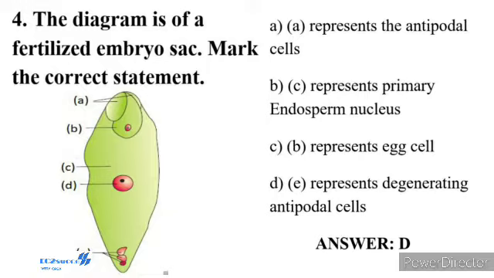The synergids have special cellular thickenings at the micropylar tip called the filiform apparatus, which plays an important role in guiding the pollen tube into the synergid. 3 cells are at the chalazal end and are called antipodals. The large central cell, as mentioned earlier, has 2 polar nuclei. Thus, the typical angiosperm embryo sac at maturity, though 8-nucleate, is 7-celled. So, the correct answer is option D. D represents degenerating antipodal cells. In the diagram, A is synergid, B is egg, C is central cell, D is 2 polar nuclei, E is antipodals.